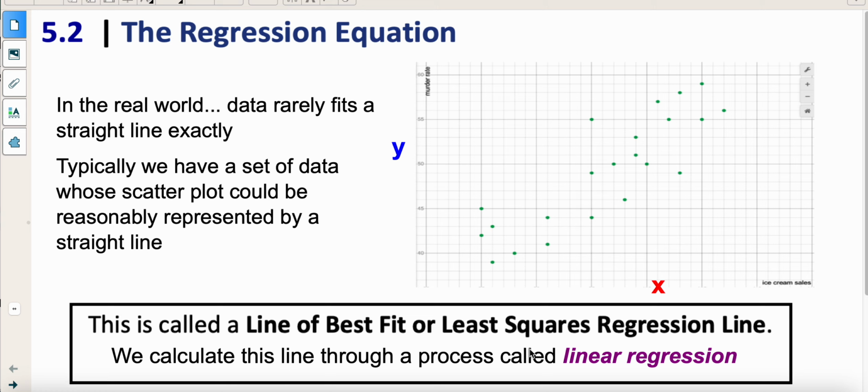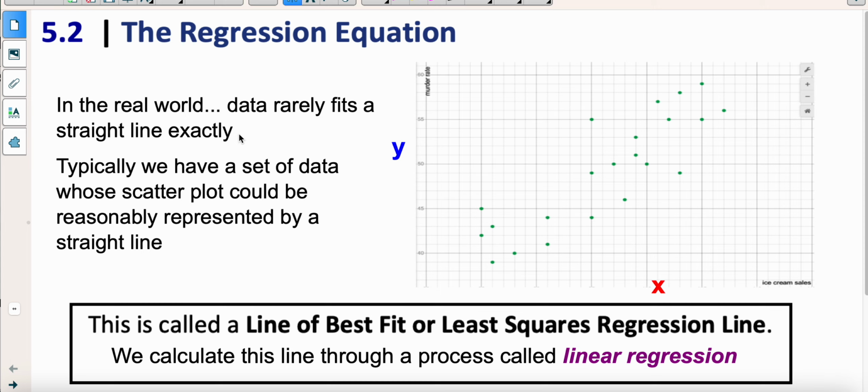Okay, I'm going to do a mini lesson on the regression equation and predictions and residuals. So this kind of includes section 5.2, but also 5.3 as well. So the regression equation. We talked about, when we're collecting data in the real world to figure something out